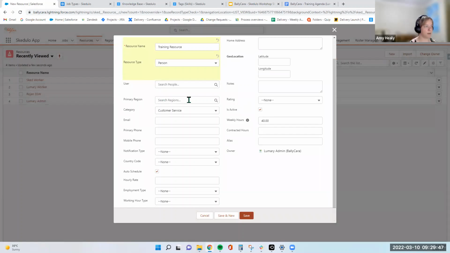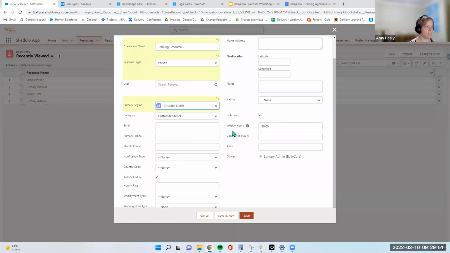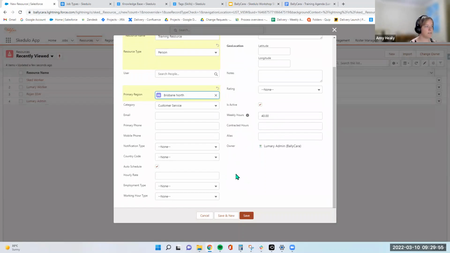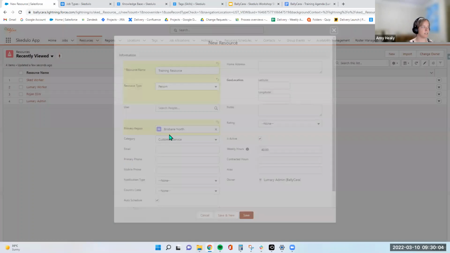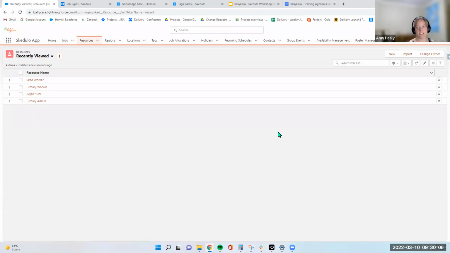You can see here we can put in their primary region, so the region that they primarily want to be in. We can put in their weekly hours, their contracted hours, all of this information. And we can actually just create our resources that way. So that's our new workers in the system. I won't save that one. You can see it's fairly easy and straightforward to create those. Okay, so now we're going to move on to